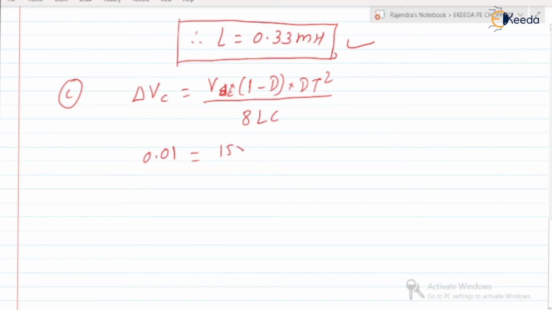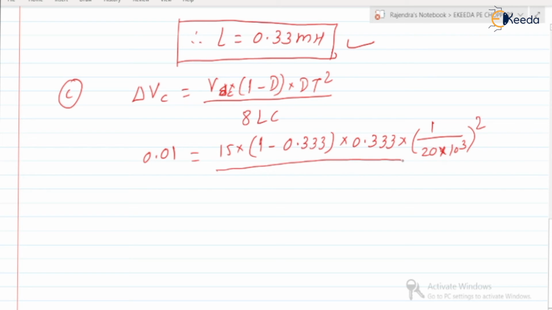15 into 1 minus D. D is 0.33 into T square. T square is 1 upon 20 into 10 to the power 3, right, square. Is that clear? Divided by 8 LC, divided by 8 into L. L just now we have calculated, 0.33 into 10 to the power minus 3. So from this can you find C? Yes, we can find C is equal to